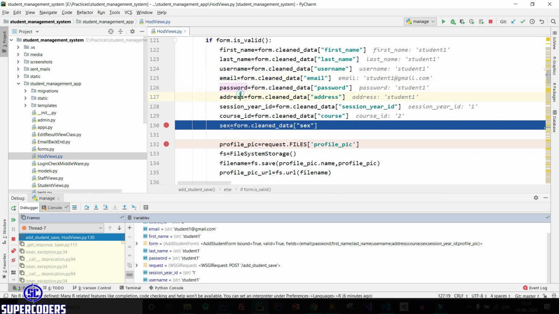So you can use the debugger to find your values and check what value is coming. This is also useful when we are working with a form and the same data is saving instead of different data. So you can use the debugger to find your error. You can see it's clear what value is coming from your form.